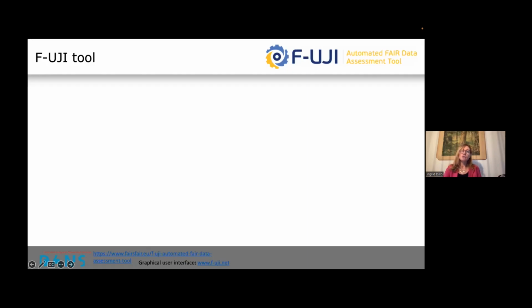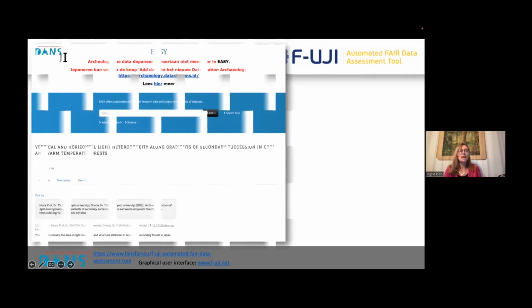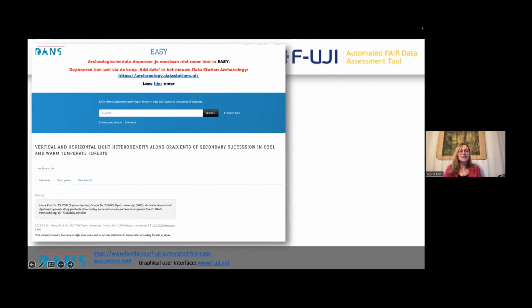FUJI has a manual instance for humans, but also an automated one that can be implemented by repositories in their workflow. And I want to show you that tool on the basis of a data set that is in our repository at DANS, and that comes from a Japanese researcher and is a data set that deals with forests. And you can see here the data set in our repository. And as you can see, the data set has a DOI, digital object identifier, a persistent identifier. And if you